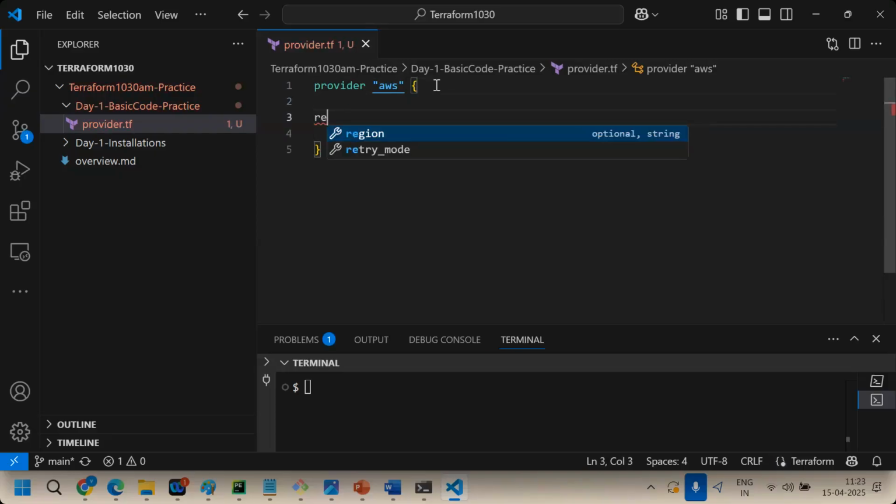Not required. Region will be pulled from the .aws configurations. But I don't want that region. I have configured US East 1, but I'm not going to create in that region. Then you can mention which region, so ap-south-1. If I mention like that, it won't take the default region from .aws. It will take this region only. If you don't specify anything, it will take the default region. So I'm removing it.